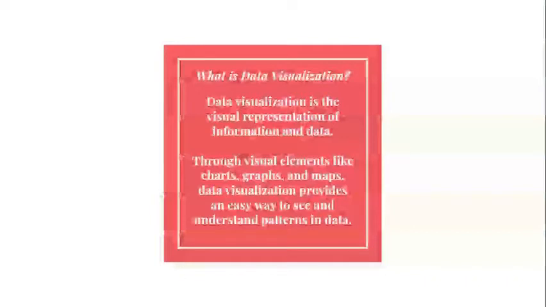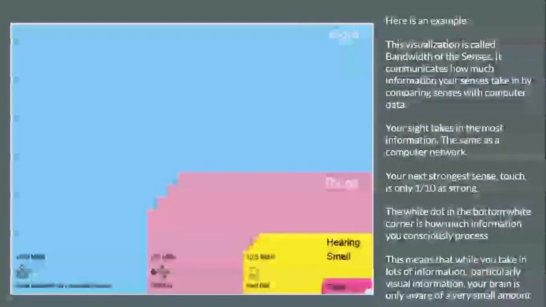But what we really want to think about too is this practice of data visualization, which is something that artists and designers engage in all the time. And data visualization is a way that we represent information. And traditionally, we use it through things like charts, graphs, and maps. So one of the data visualizations that you've seen in this class is the bandwidth of the senses, where we have a sense of how much we see and how much information is taken in through our eyes compared with how much information we take in on our other senses.